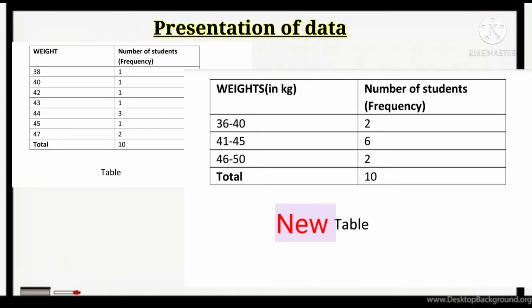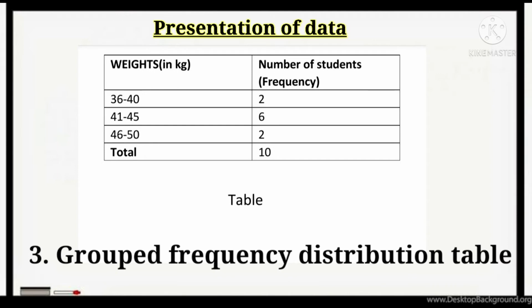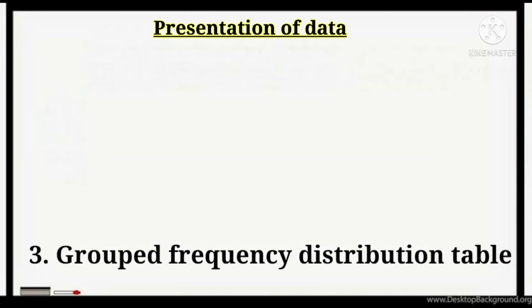You can count the total number of students, which will be equal to 6. Then from 46 to 50, you include 47 kg, and 2 students have weight 47 kg. Like this you get the total number of students equal to 10. This table is called a grouped frequency distribution table.